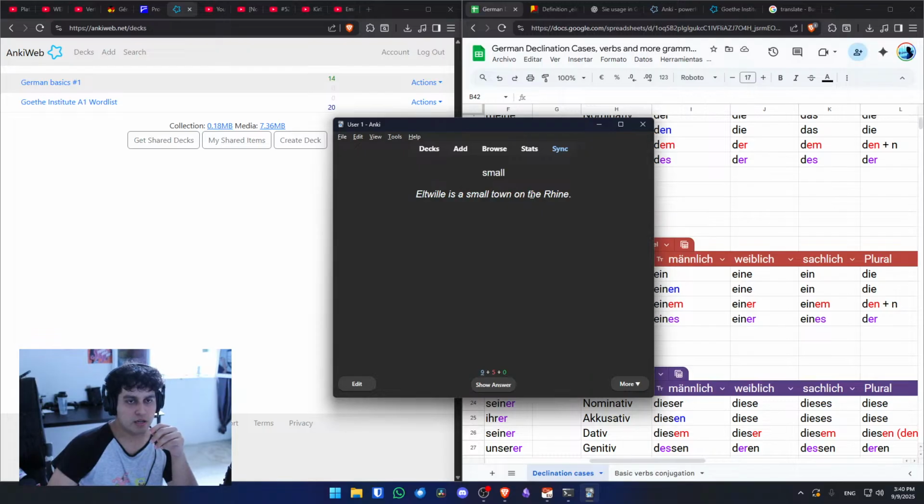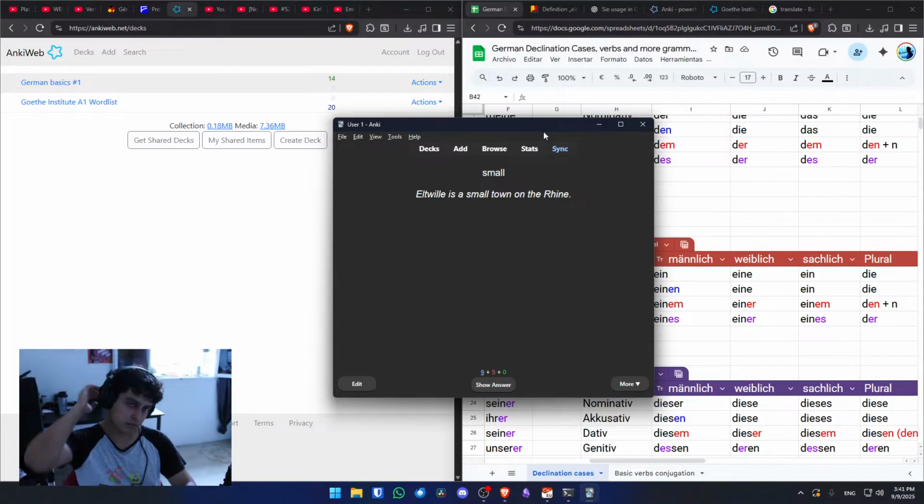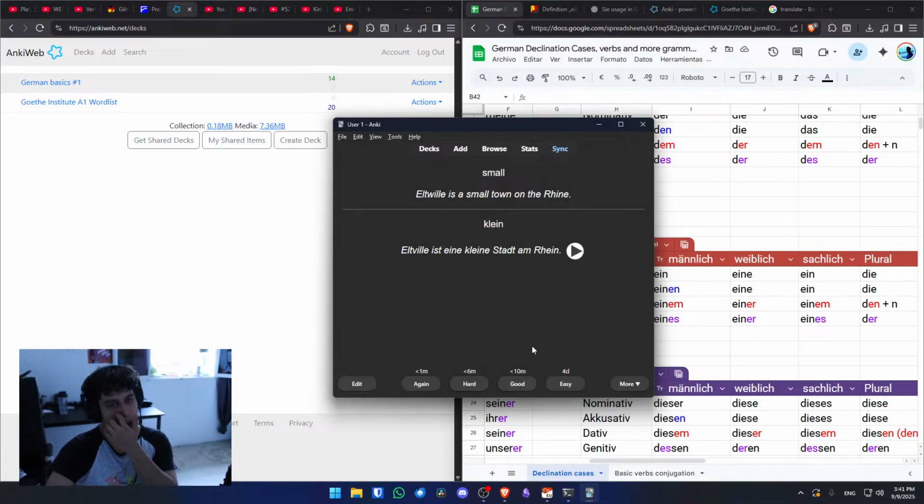Eltville is a small town on the Rhine. Eltville ist eine kleine Stadt am Rhein.